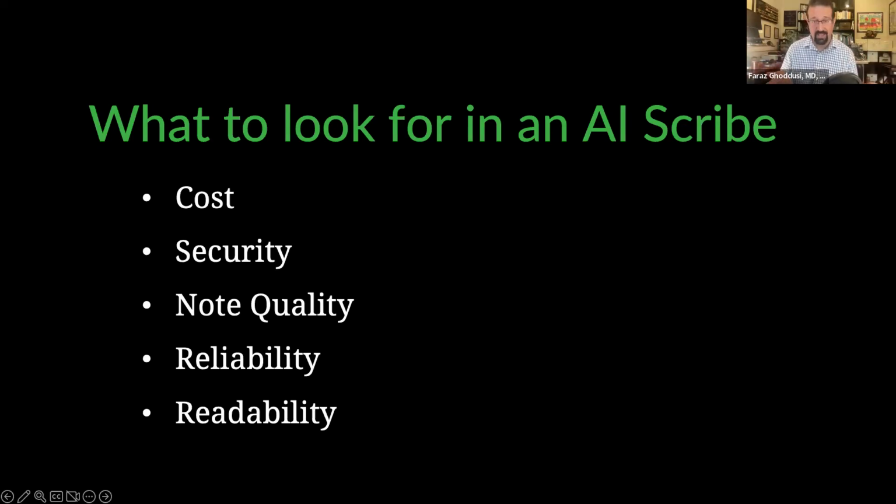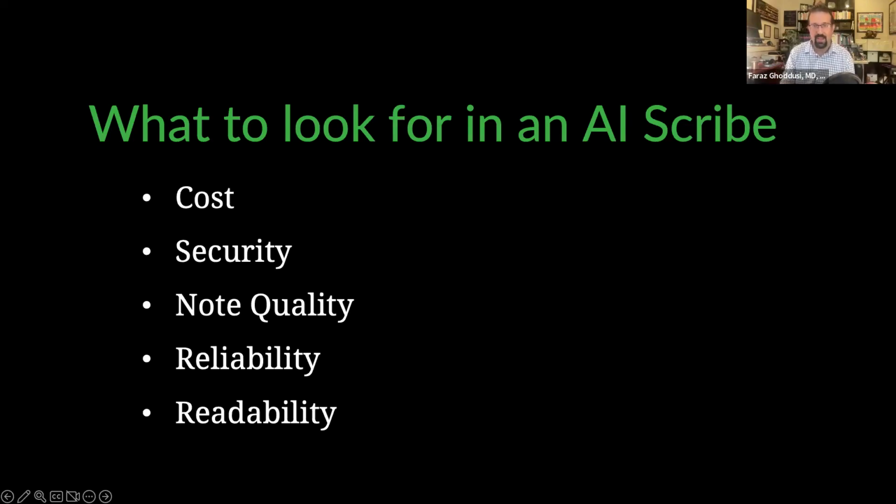Next is going to be security. Most well-known ambient scribe companies have the appropriate securities that you're going to want. They're all going to be HIPAA compliant. A lot of them end up having the SOC 2 or that sort of data to help you keep control of the privacy. The big question to ask is, do you get to keep the data? Or are they then using that data to train other things? Because that ends up being a bigger concern and question in terms of what they're doing with that HPI.